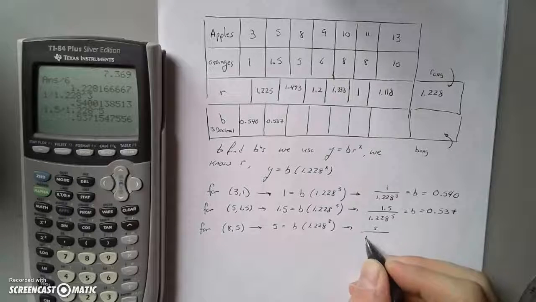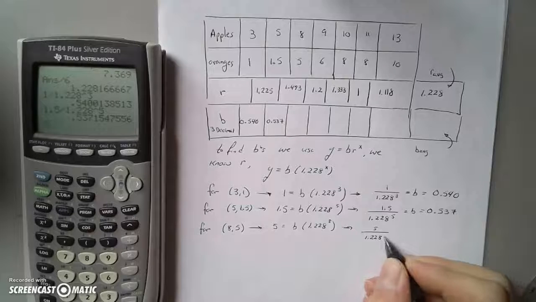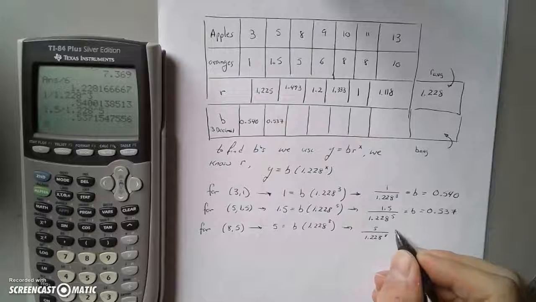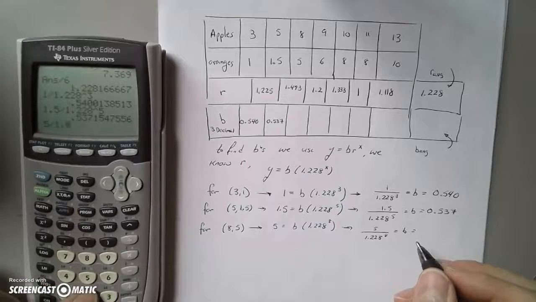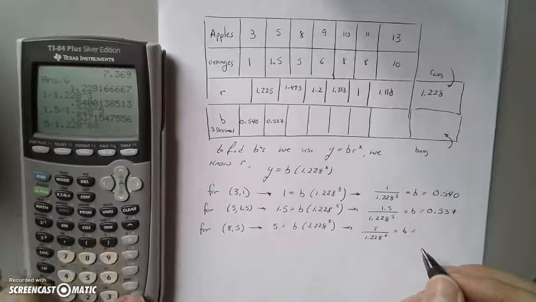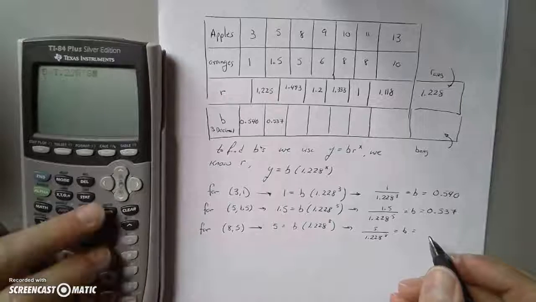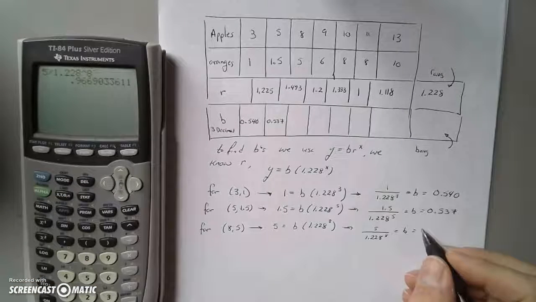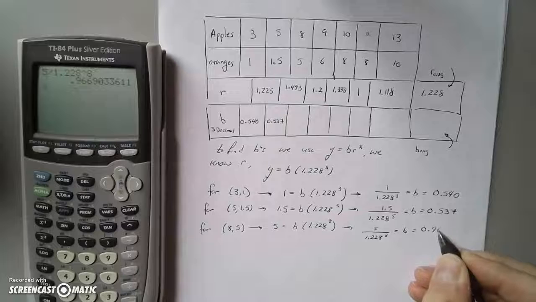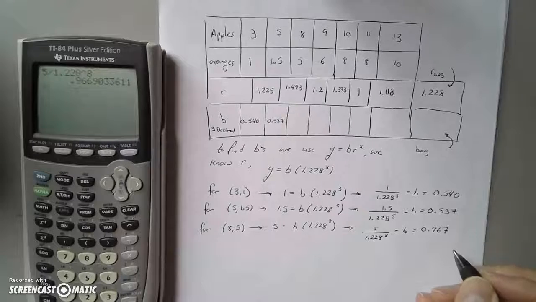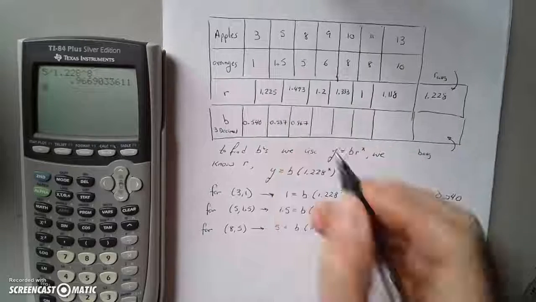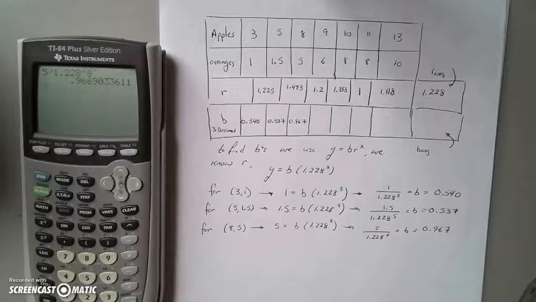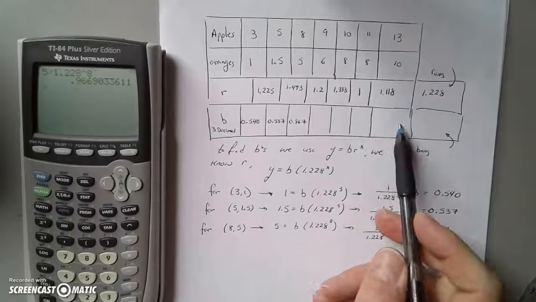So 5 divided by 1.228 to the 8th power equals b. 1.228 raised to the 8. Whoops. That's 0.967, rounding to the 3rd decimal place. Okay, why don't you go ahead now and pause and see if you can finish the table out,